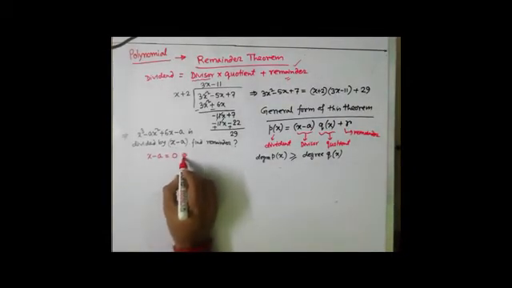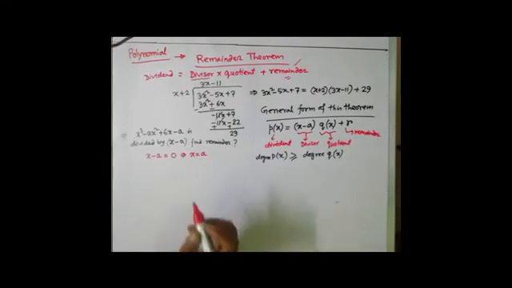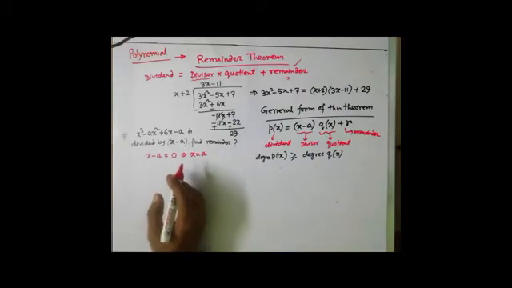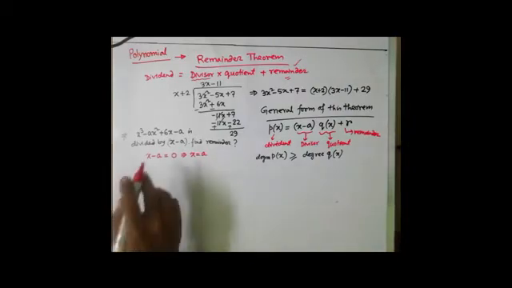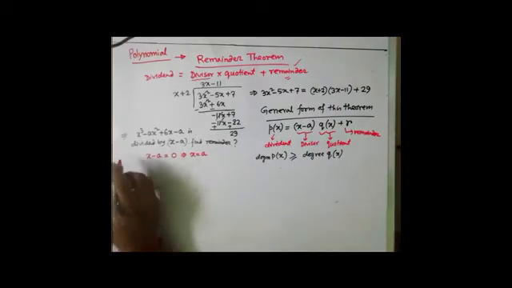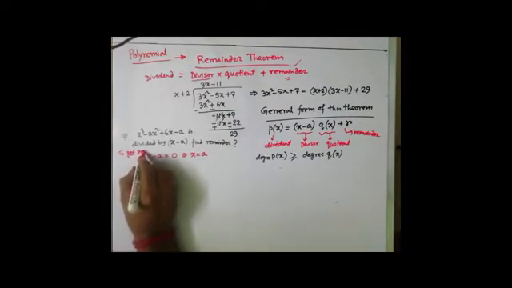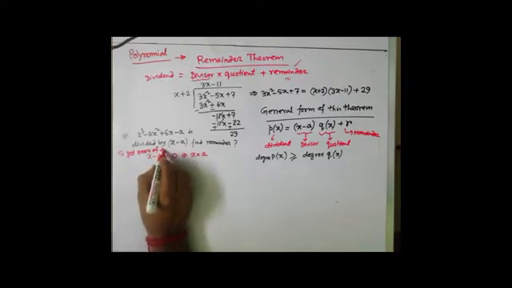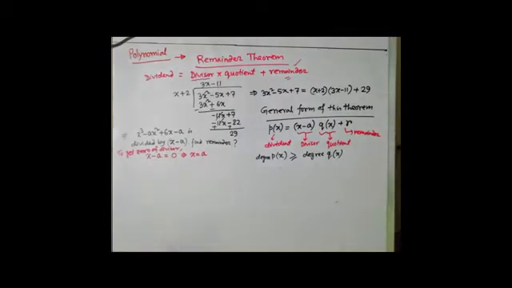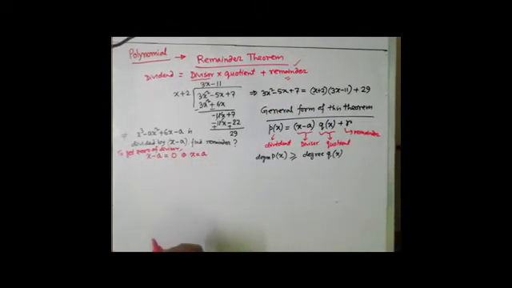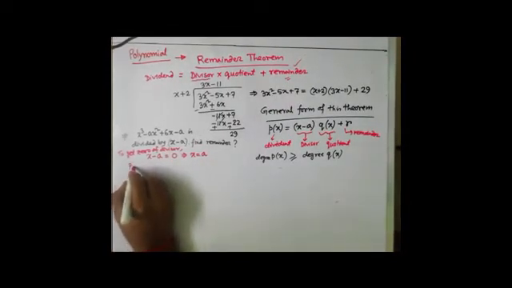So the 0 value is x equals a, because I told you in our previous video that if you try to find the 0 value, you have to make it equal to 0. So to get the zero of the divisor, I am making it equal to 0, so x equals a will be the 0 value for the divisor. Now put this value